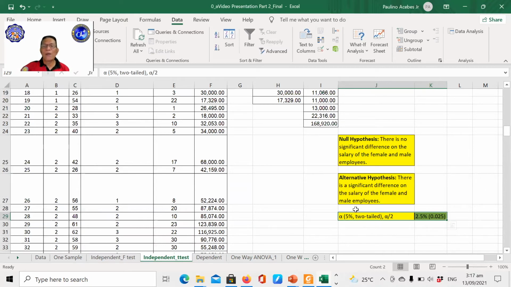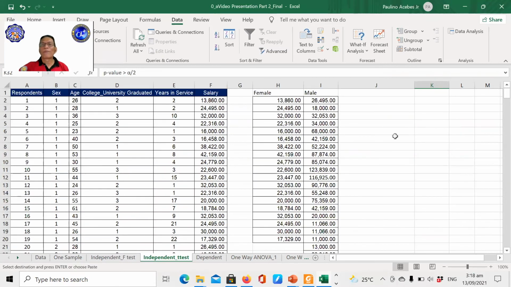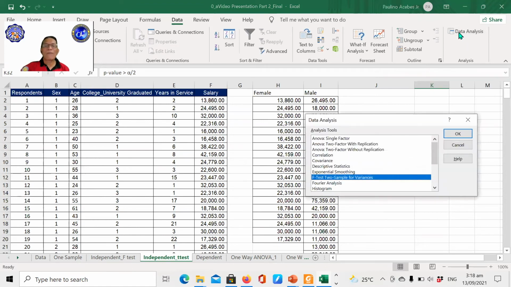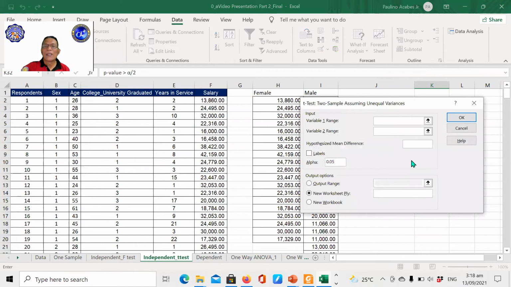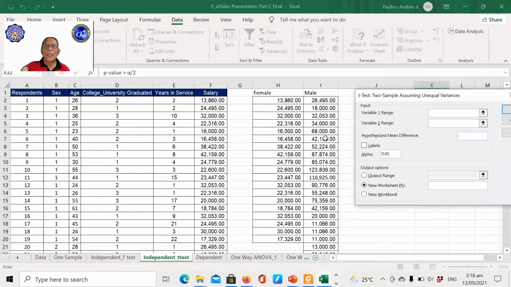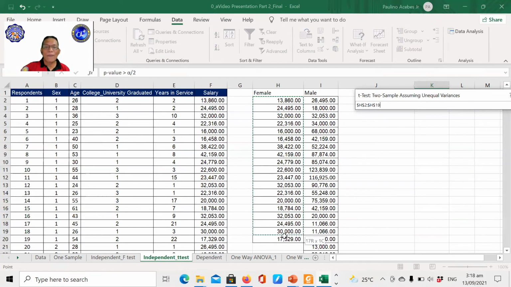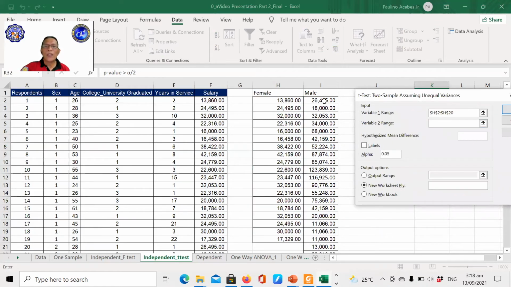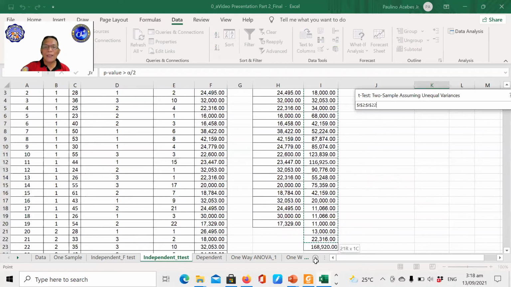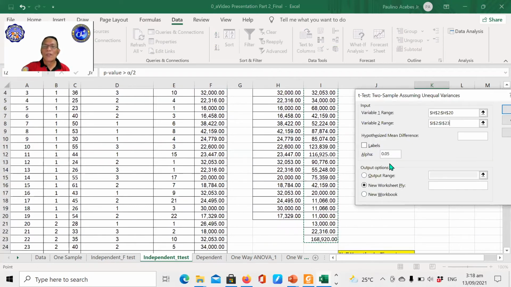No? We are going to compare now later on the result of the p-value of this t-test. So click the data analysis. Of course, you go to data, then click data analysis. And then we are going to have the t-test assuming unequal variances. Okay, then we are going to click the first variable, which is for the female. And we are going to click the salaries for the male. Okay, this is alpha. Click